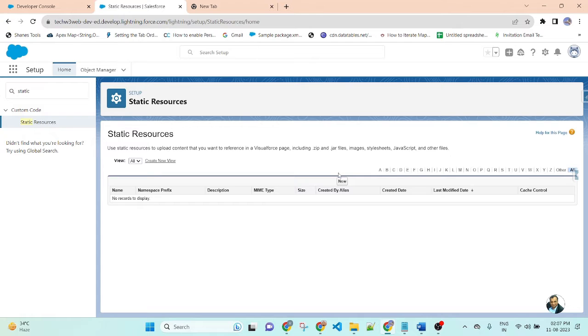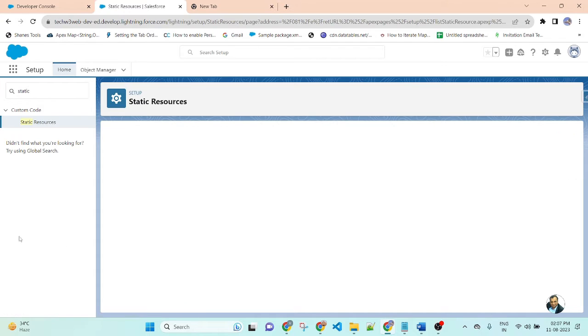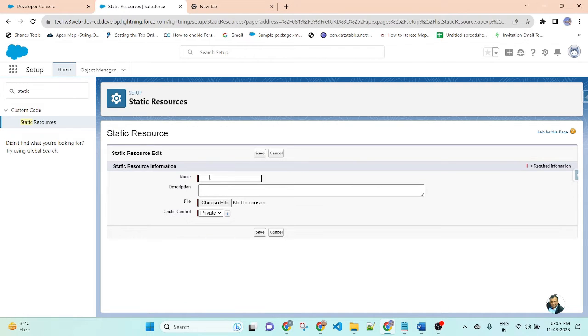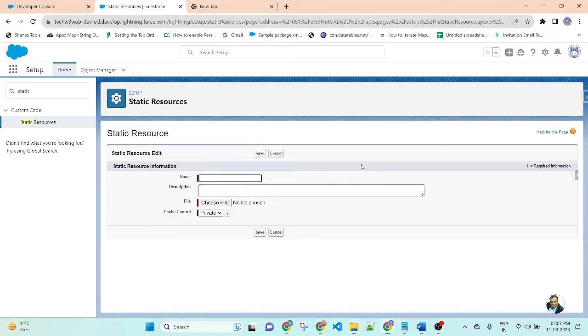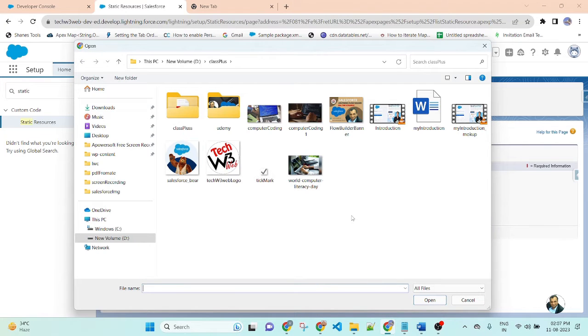First I am creating a new one. Write the name of the static resource file. My zip file name is Salesforce image, so I am writing this one. Here is the option to select your zip file.